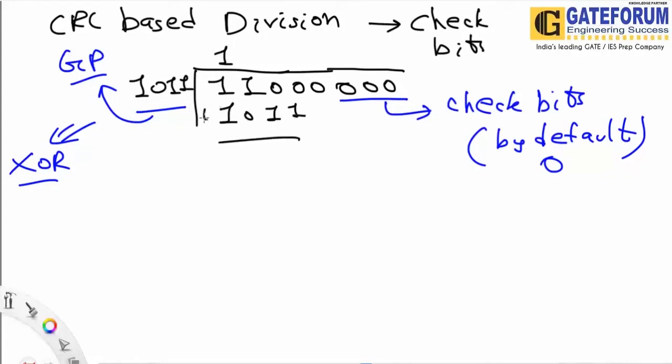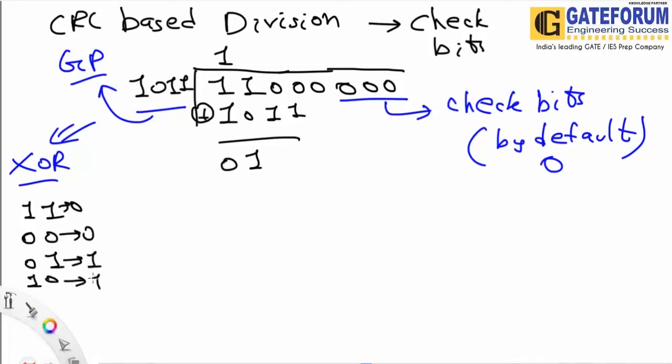Here we will do the XOR operation. 1 and 1 is 0, 1 0. For XOR, if you are not aware, 1 1 will give 0, 0 0 will give 0, 0 1 will give 1, and 1 0 will give 1. So it's a bitwise XOR. 1 0 1, 0 1 1, and then 0. We always ignore the first bit, which will always be 0, and we take the next digit 0 here. Previously we had 1100, now we are taking 1110.